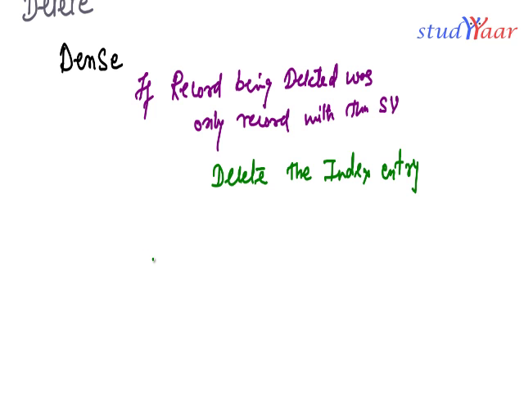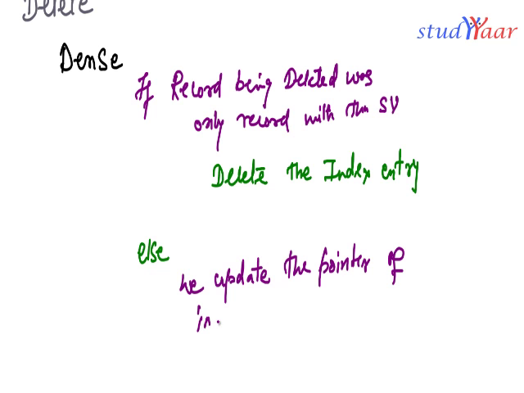Otherwise, else we update the pointer of the index entry to the next record with the same search value. Okay,